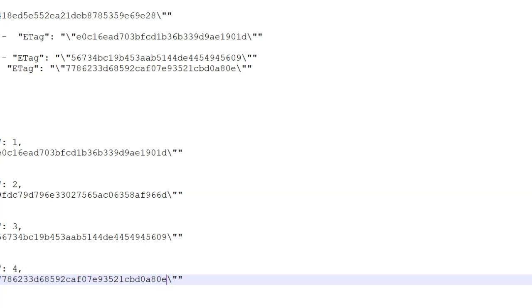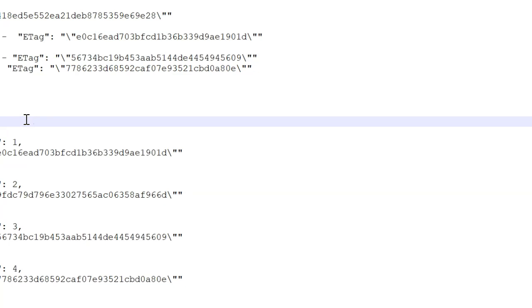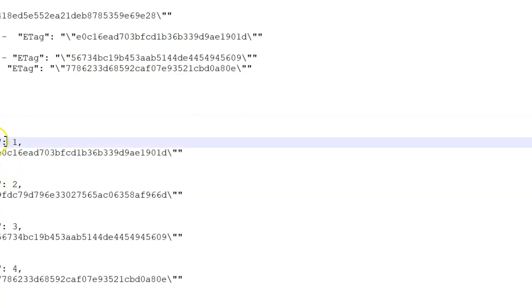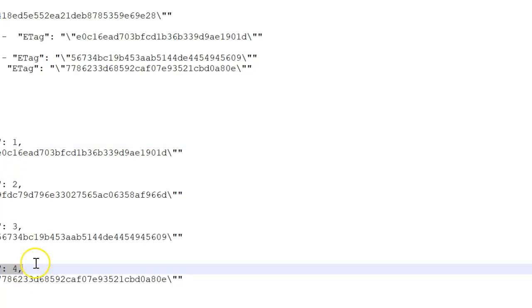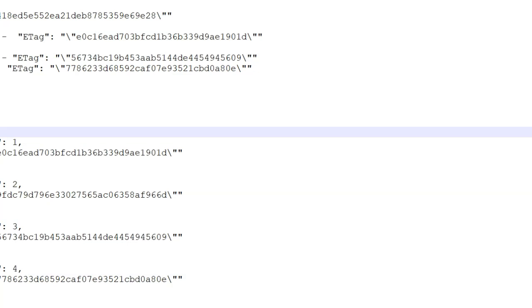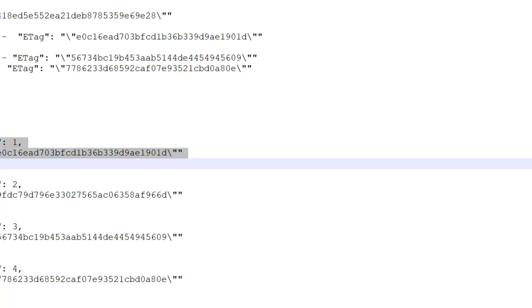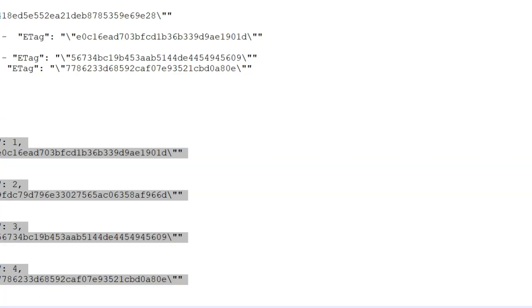So this is the JSON file which we are going to copy into the putty and into the JSON file. What you need to do is the part number one, part number three, part number four. And if you have other parts as well, just go here, copy this and enter it below this part 4, then part 5, part 6. You can do it for as many parts as you have. There are no limitations here.